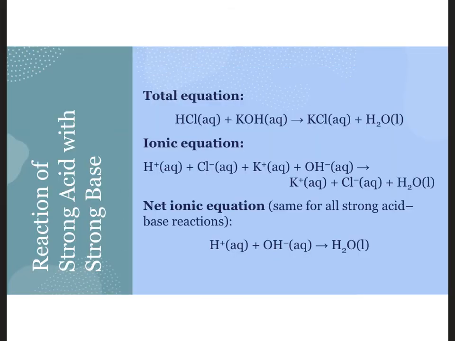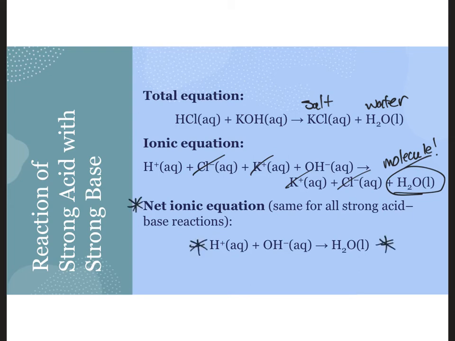A strong acid, strong base reaction will give a total equation that yields water and a salt. The ionic equation writes all reactants and the salt as hydrated ions in solution. Note that liquid water is a molecule and is not written as ions. The net ionic equation will result when we cross out the spectator ions, chloride and potassium. What results is the net ionic equation that you will get every time you have a strong acid, strong base